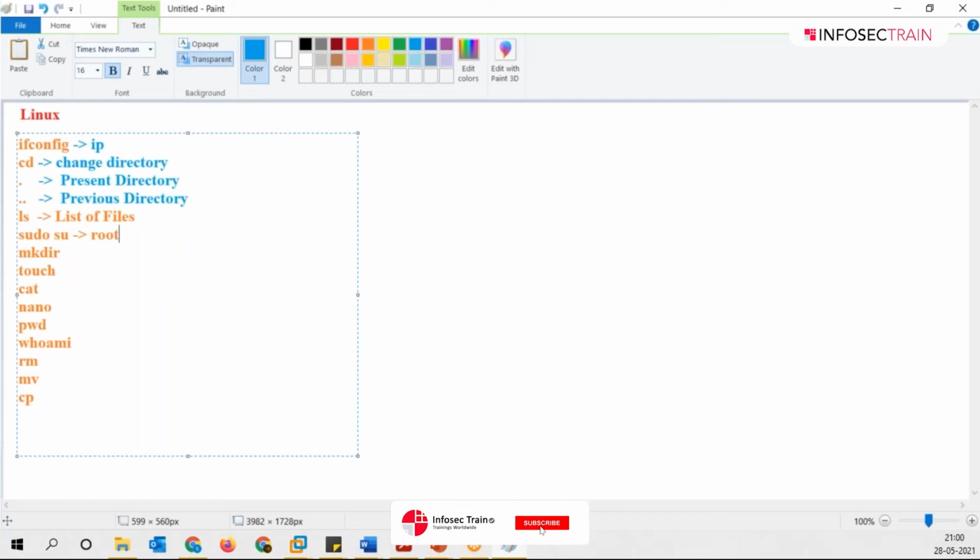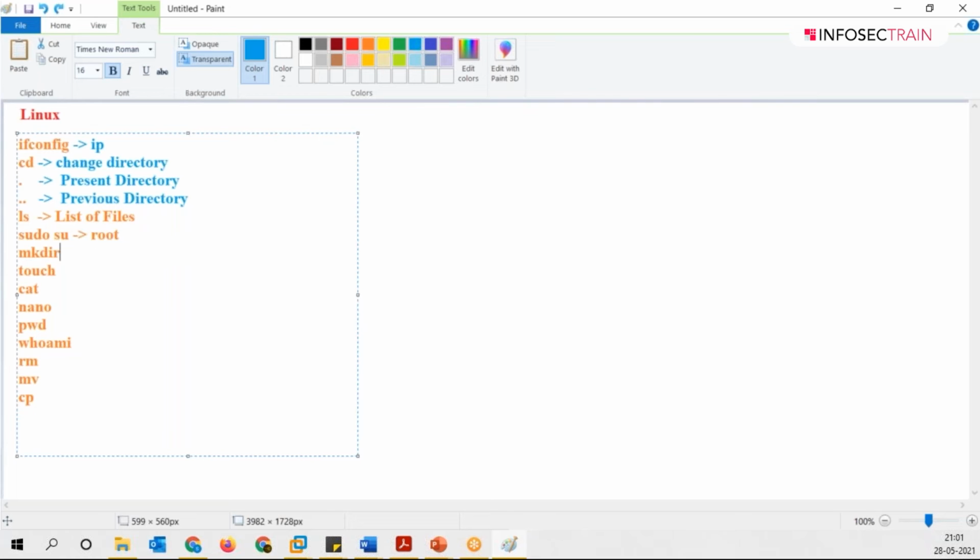In Windows, you might have seen that whenever you try to open a folder or an application, it asks you to be administrator to run this particular thing. So as a normal user, you have some limited privileges, some boundaries. But the root user is the one having maximum privileges. Clear? Then we have mkdir. What do you understand by mkdir? You are making a directory, or you can say, creating a new directory.